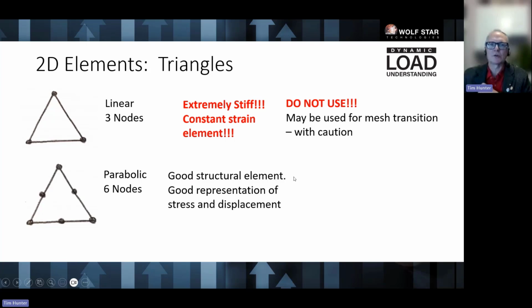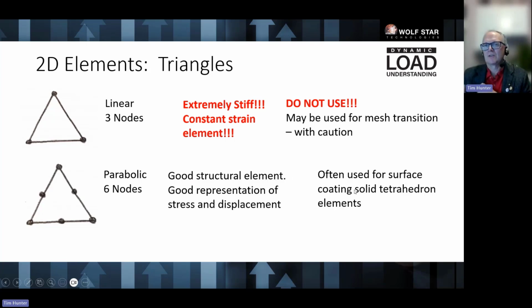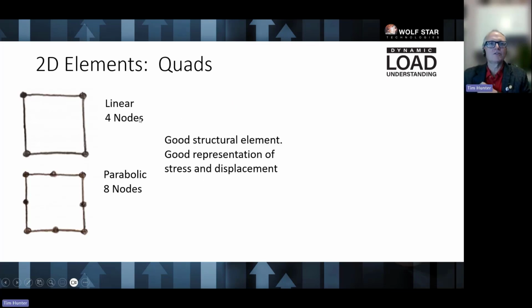The parabolic 6-node element is great. It can be used anywhere. It's a good representation of stress and displacement, and it's often used for coding solid tetrahedron elements. You've got the quads here. They're linear 4-noded and parabolic 8-noded, and